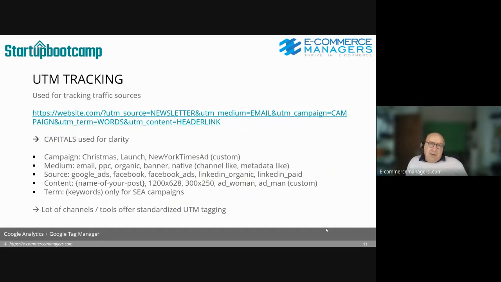So a campaign is custom made by you. For example, you can do a Christmas campaign or a launch campaign, or if you run a full page ad in the New York Times with a URL on it, like mywebsite.com/NYT, then you can refer that URL to your final page, and then it will track, hey, New York Times ad. Medium,